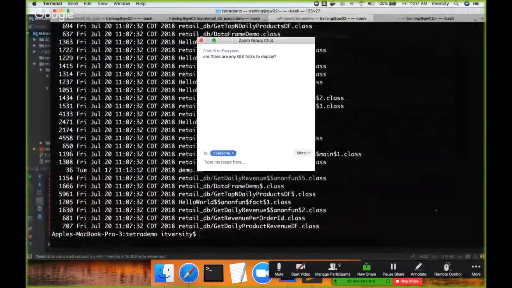Yeah, so for scheduling and deploying, we can use Jenkins. You can integrate with Jenkins and you can deploy. For scheduling,